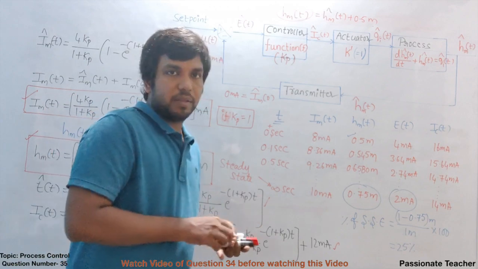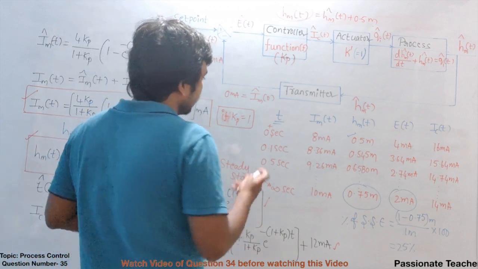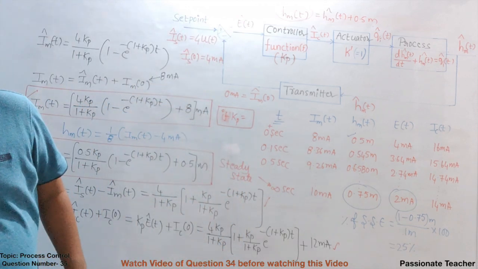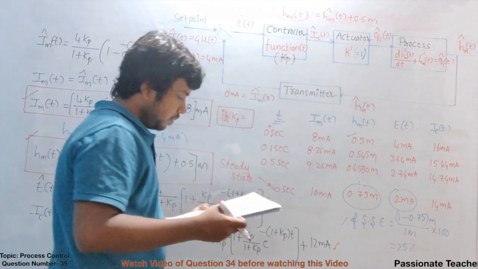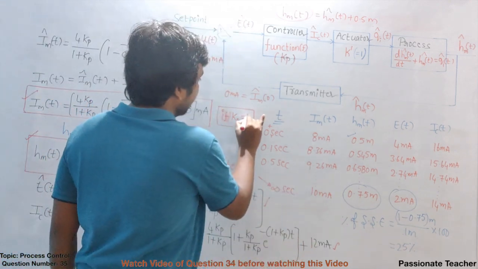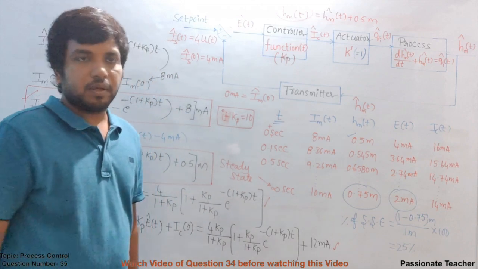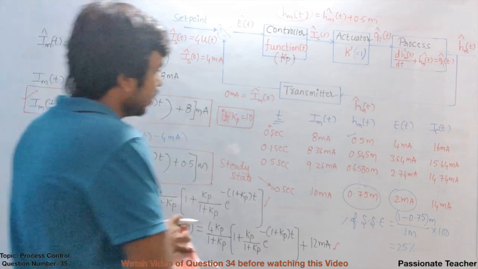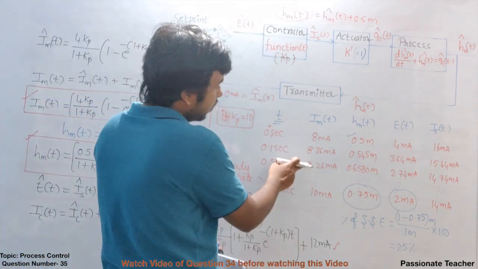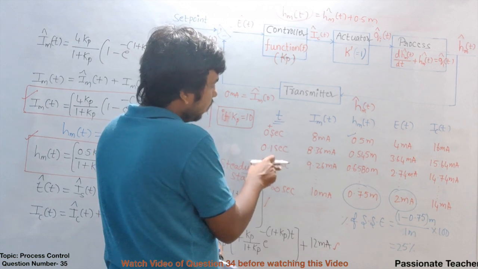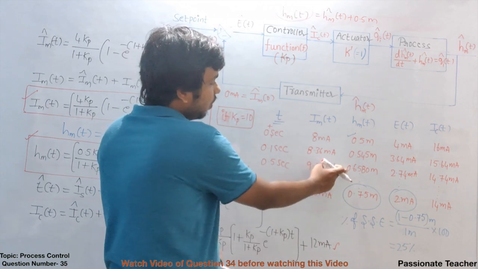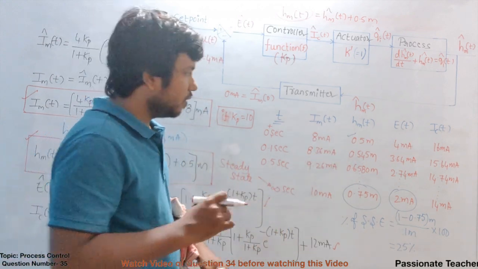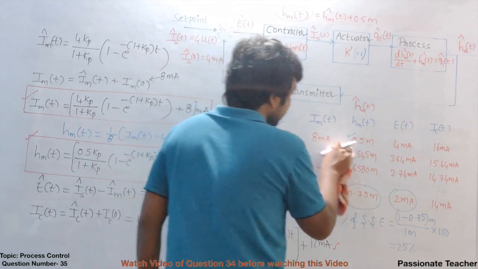Now, some people think like this. Why can't we change the gain here? Suppose instead of 1, if I keep some other value, let me select 10 here. If I select 10 as the controller gain, then we will see what happens. Obviously we are going to get a quicker response. That means whatever value we got at 0.5 second, now as the gain is increased, this value of the water level will be reached in even less time. So the speed of response is increased. This point is to be noted. But ultimately at steady state, if you look at,